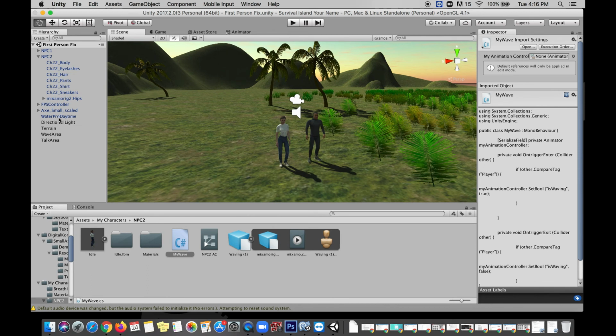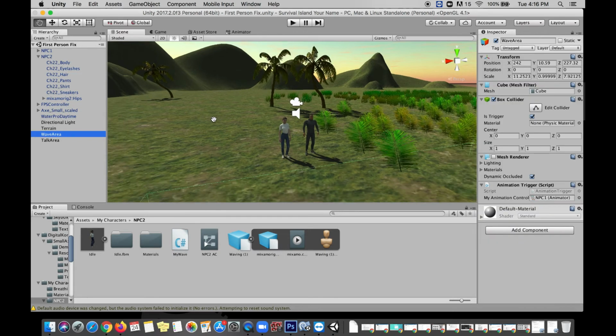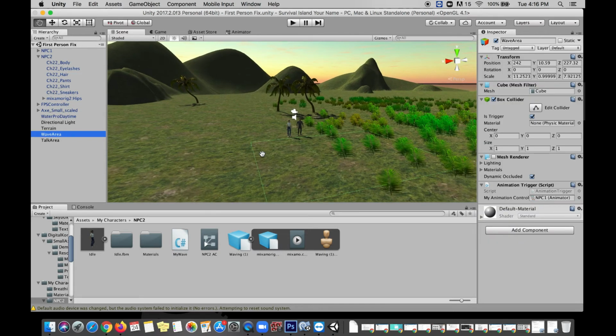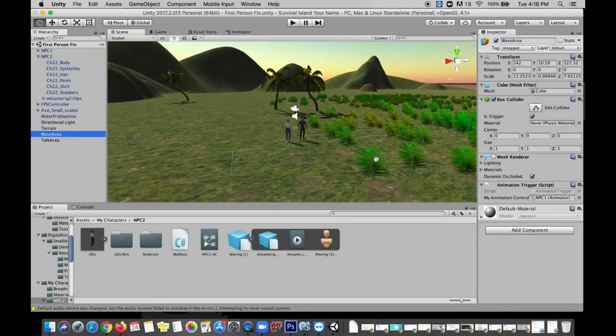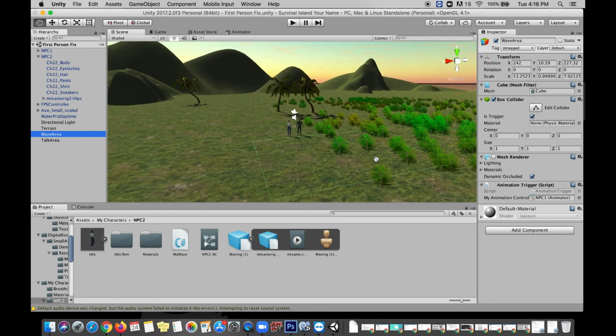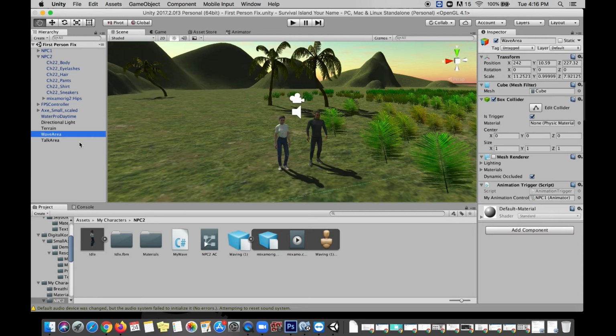I have two game objects here in my hierarchy that we haven't talked about. I have the wave area, which if you're looking closely is invisible to the player, but here we can see that there's this big sort of green box that designates where the character will wave to us if we enter. And we also have the talk area. If you're standing inside of this box, and press the E key, then you'll interact with this NPC and he'll